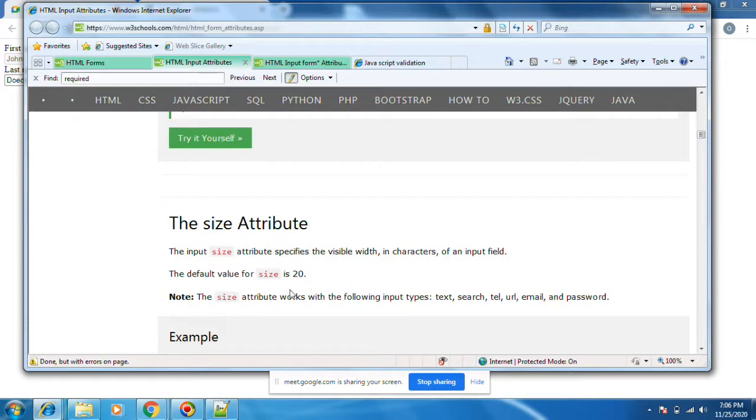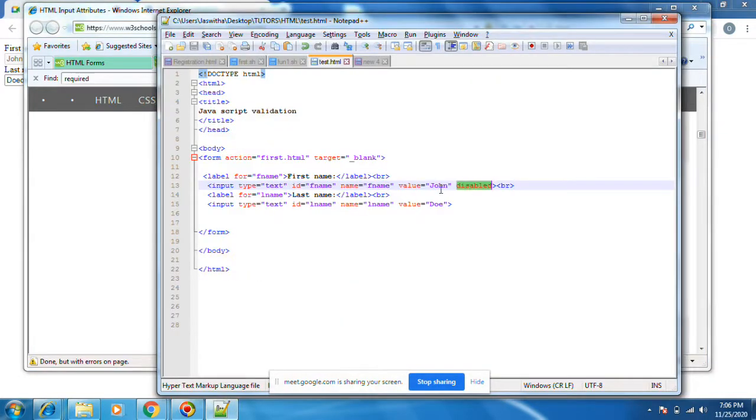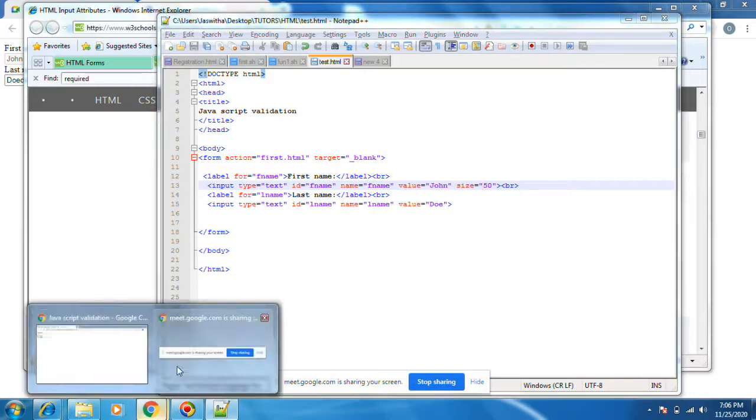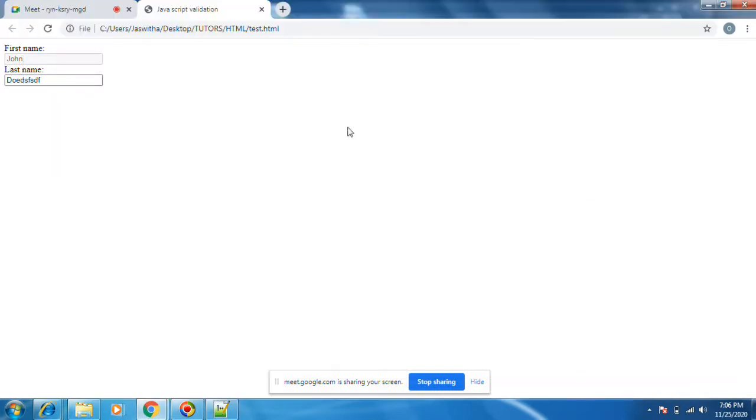Size. How much size do you want? Input type equals to text, size. You can mention size equal to 50. Just I saved this one, and right now this is the size.